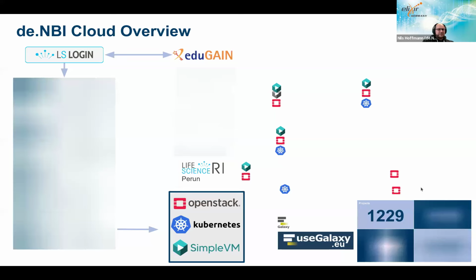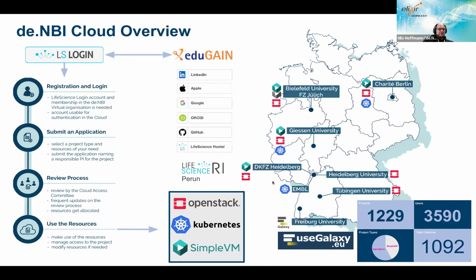As you can see on the right-hand side, we currently have 8 dedicated cloud sites distributed all over Germany. Some are run by universities, such as Gießen University or Heidelberg University, but other locations are also run, for example, by DKFZ, by EMBL, or by Charité, which are partially also within Helmholtz or are their own dedicated entities. As you can see from the logos, we host different types of projects. Most of our cloud locations run OpenStack as a basis. Some of them also offer Kubernetes based on OpenStack or operated within OpenStack.